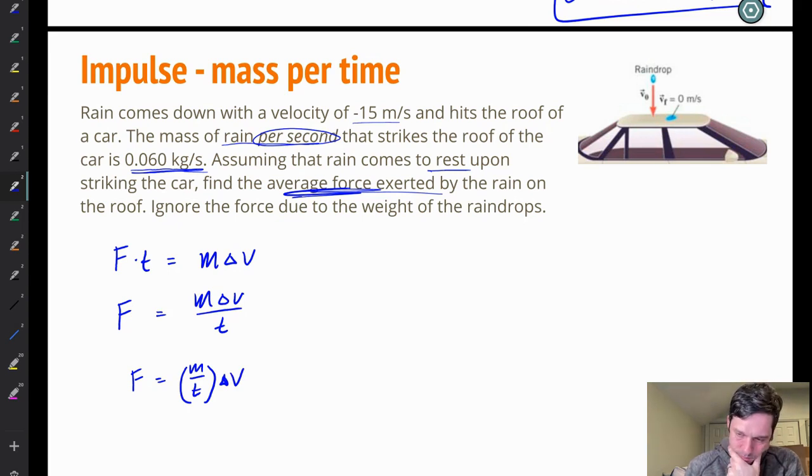Interesting. Kind of like when we're playing around with work. Again, there's some parallels here. When we're playing around with work, we're saying force times distance equals